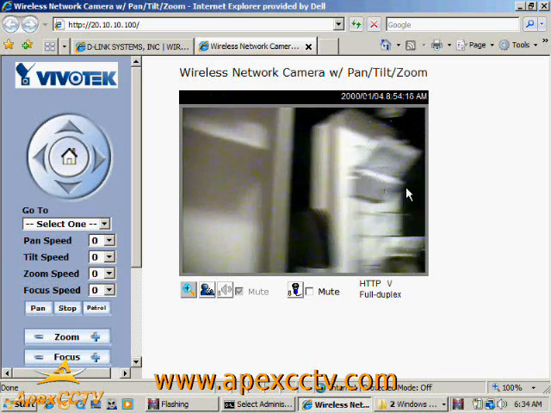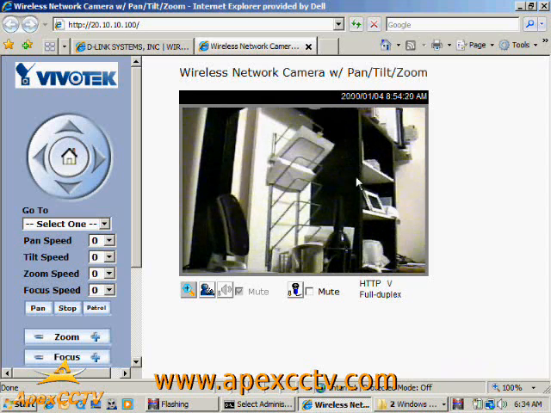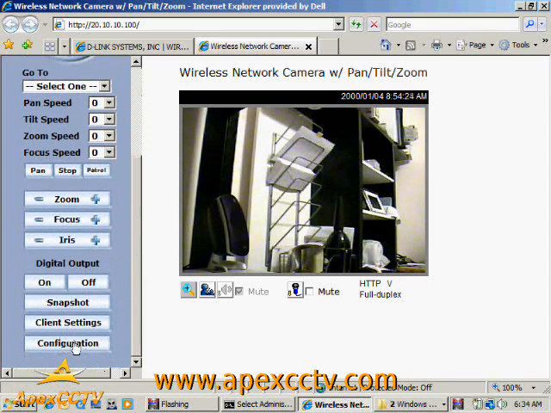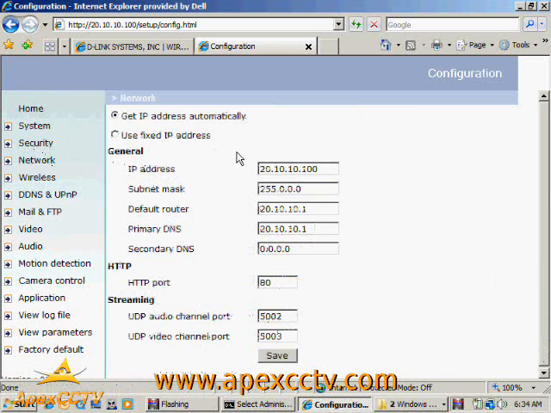I'm logged in. I can move the video around, any of the things I can normally do, but I'm logged into this from my local network, and I need to log in from the internet. So first thing I'm going to do on the camera itself is give it a new IP address and change the network settings to be something permanent. So I'm going to use a fixed IP address so it doesn't go changing on me once I do my port forwarding, and I'm going to put it on